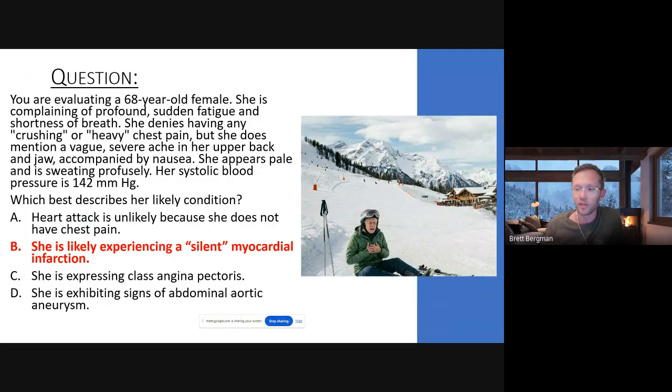And this will actually be the presentation in about a third of all patients that are presenting with heart attack. They have no chest pain at all. And so we call it silent. That's kind of a bad suggestion because it makes it seem like it's less acute, but these are still absolutely a heart attack. They just are not having active chest pain. And so they will still have some sort of symptom.